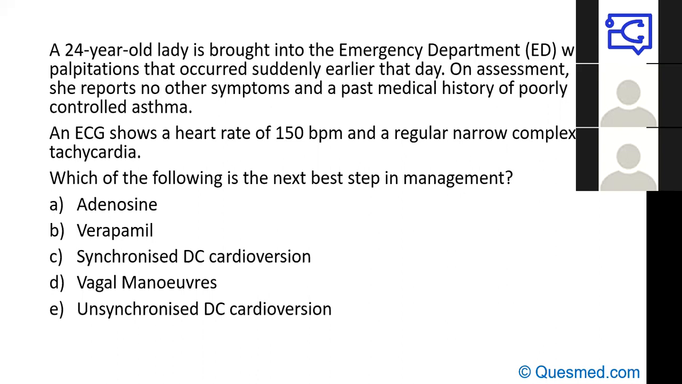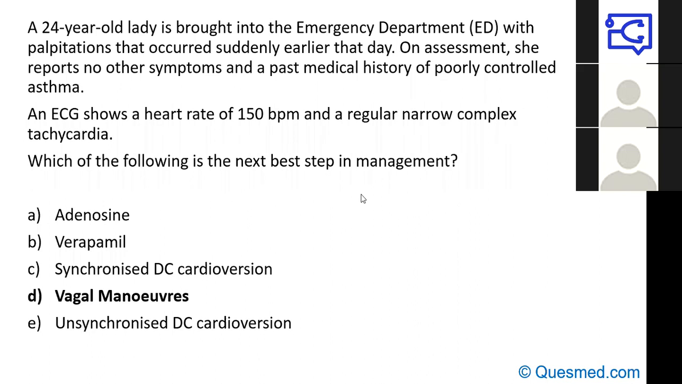So, quite a thing there. It seems that the majority have gone for the right answer, and that would be vagal maneuvers. So let's think about it. We have a 24-year-old lady with poor asthma, and she's come in with a regular narrow complex tachycardia. That says a lot. It means straight away it's not a ventricular tachycardia, it's not broad complex. Straight away I'm dealing with a supraventricular tachycardia,